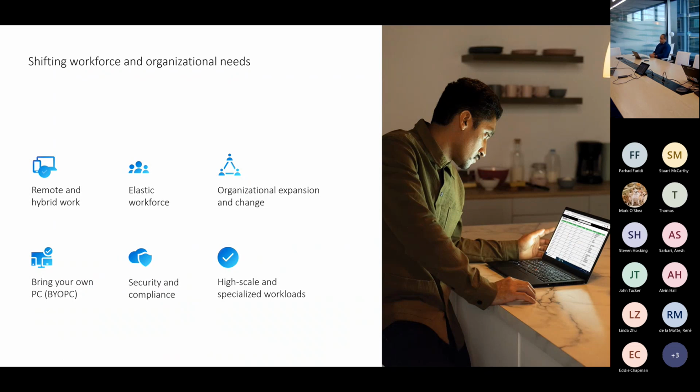All organizations at this point in time, nobody can say that we do not offer remote or hybrid work, because that would be so not lucrative or so not cool, and you probably would not be able to attract talent as well. Elastic workforce, like a lot of seasonal business, a lot of people working in retail have seasonal requirements where during Christmas they see a spike, and once Christmas period's over, the spike goes down. So elastic work is something which is going to hang in there.